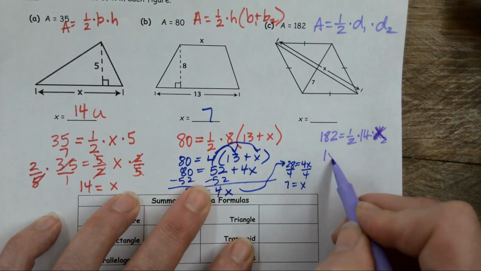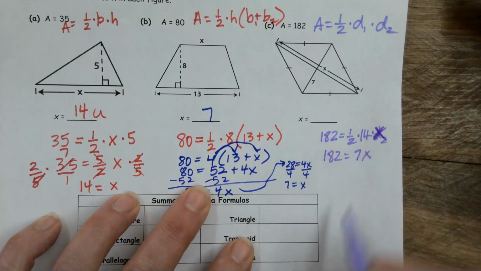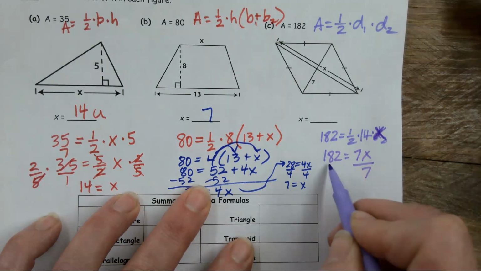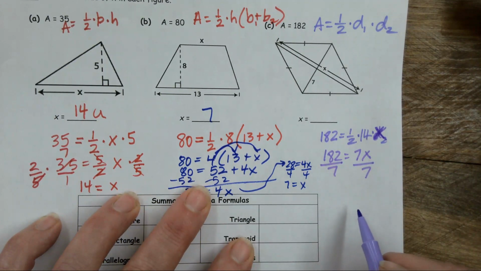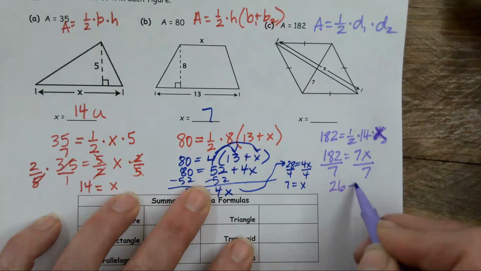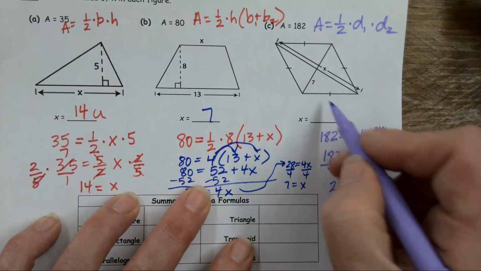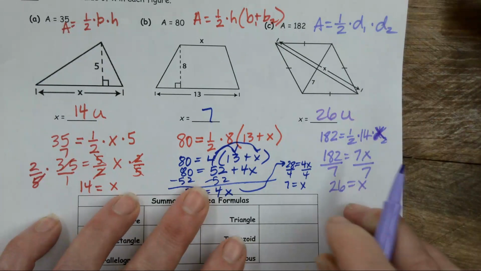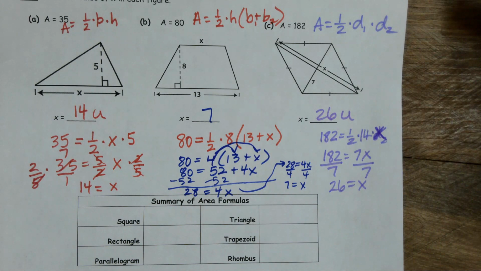So 182 is 7x. 26? Yeah. 26 units. Let's just do a quick summary of the formulas that we've used so far